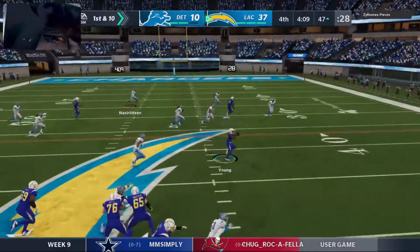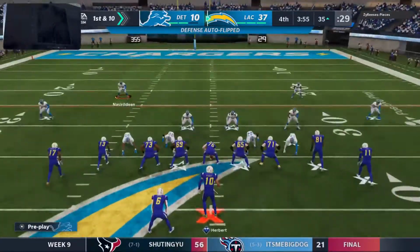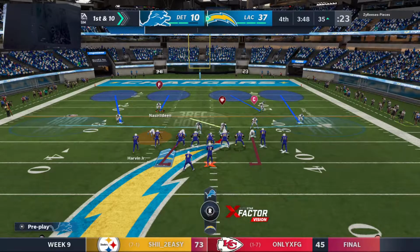On 1st down, it's Herbert. And he's got his favorite target yet again. It's complete. And he's got this down to the 35. A gain there of 12 yards and a 1st down L.A. 1st and 10 at the 35-yard